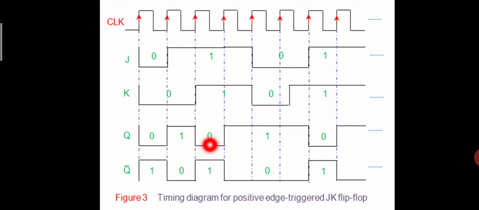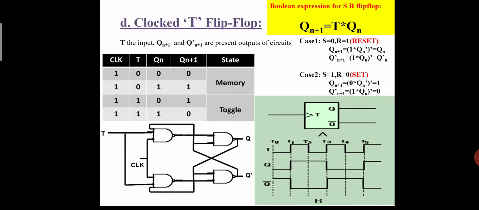It also represents the reset condition of the circuit. And if J is 1, K is 1, this is the indeterminate state. That means either 1 0 or 0 1 you will get, that is the toggled state. So this toggled state will continue up to a certain clock pulse, and the timing diagram will repeat the process.